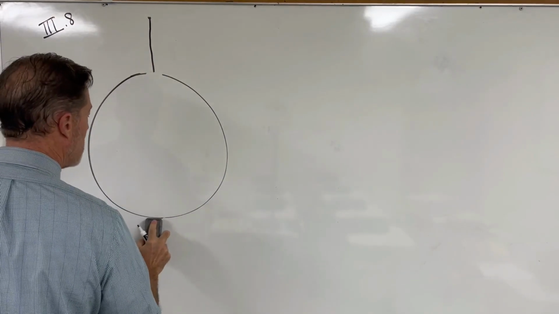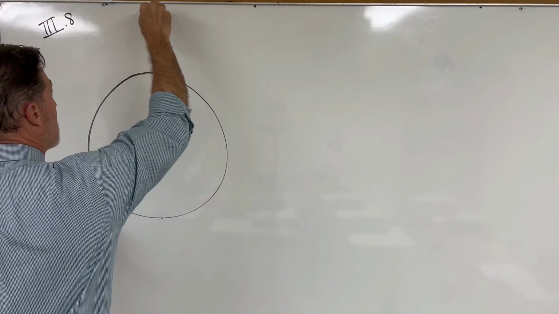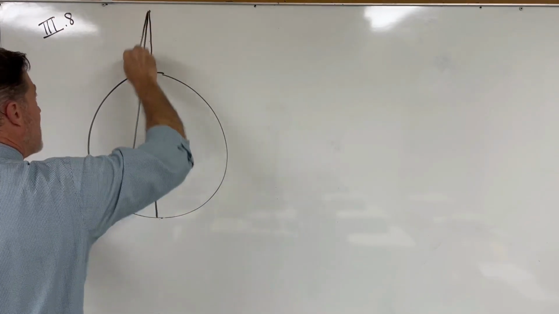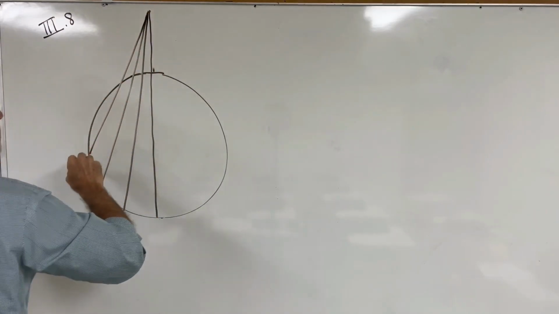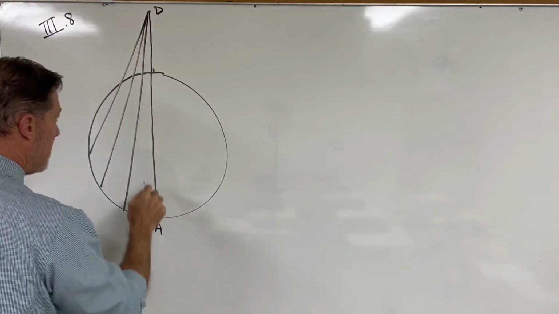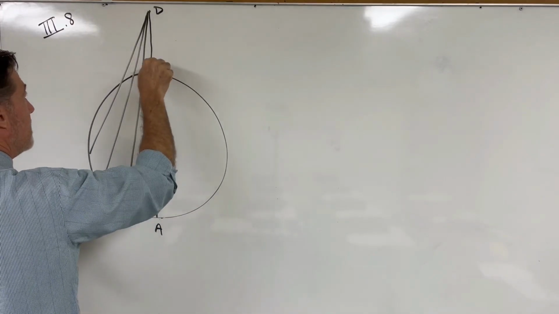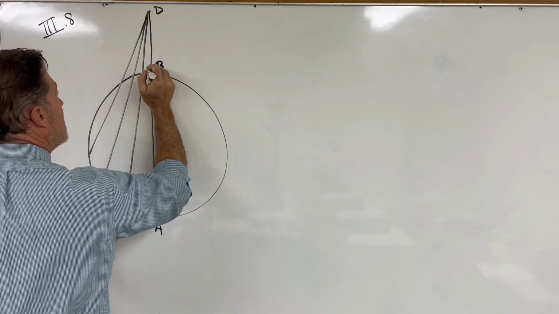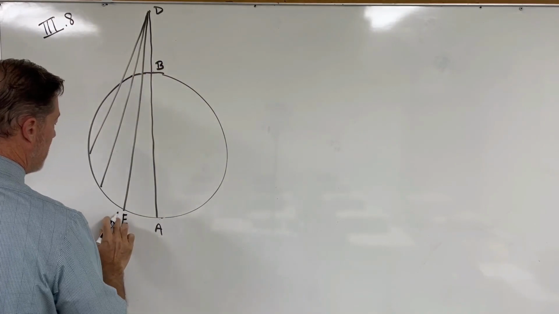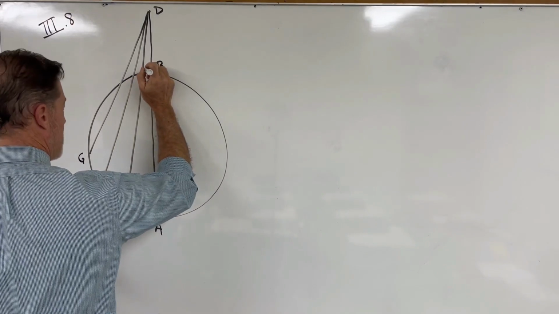through the circle, one of which goes through the center. So let's have the center of the circle be here. So here's our point. We have a line going through the center, and then from here we just run this at random to various parts of the circle. So let's call this point D, we'll call this A. We'll call the center of the circle B here. And then these we'll call E, F, and G, and then we'll call this